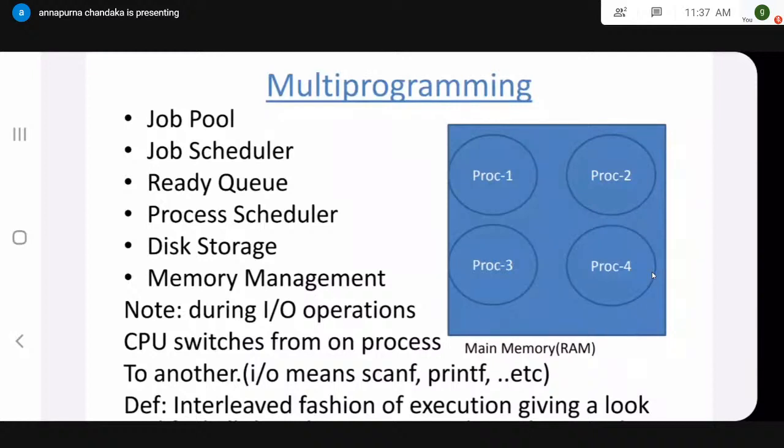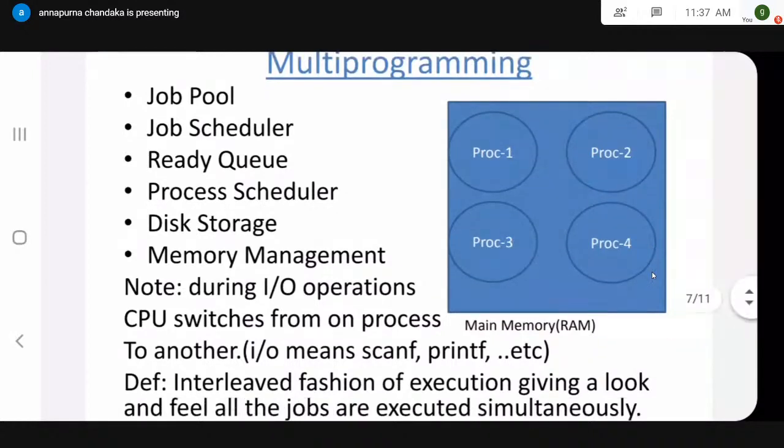Now, the process scheduler. The process scheduler is responsible for selecting one job to be executed by the CPU. Which job is going to be executed by the CPU first? Let us take an example. In order to meet your principal, 20 people came at a time. Your gatekeeper will not allow all 20 people into the principal's chamber at the same time. He allows only 4 or 5 persons into the principal's room at a time.